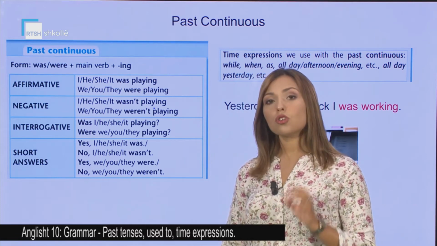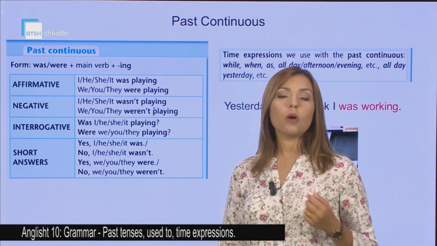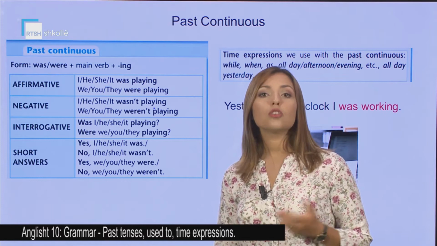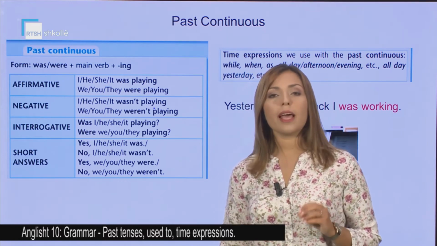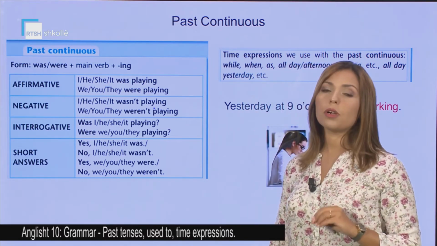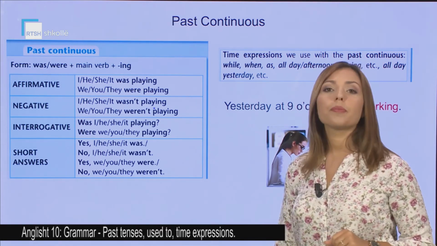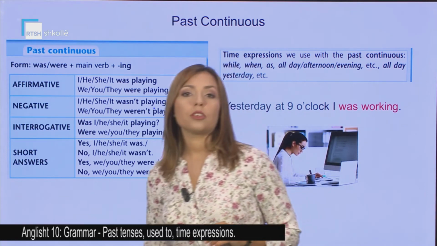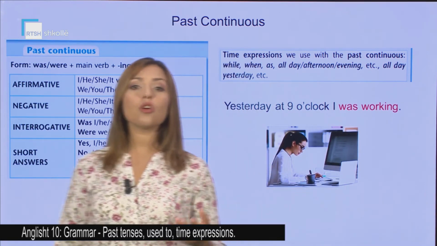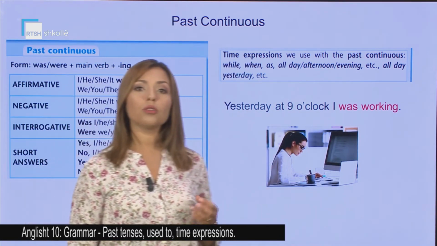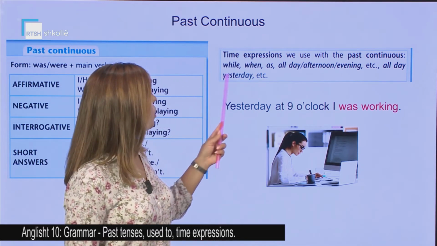I was, shortly. Or no, I wasn't, shortly again. Short answers, was or were, wasn't or weren't. Okay. The time expressions, those words that show us that we're going to use the past continuous, are